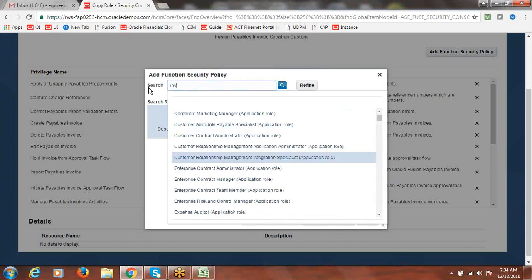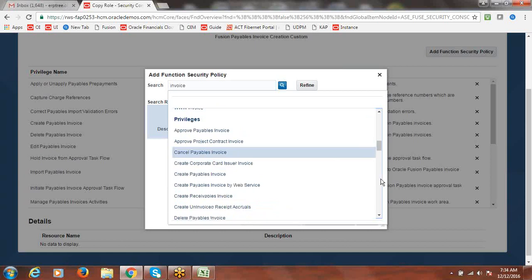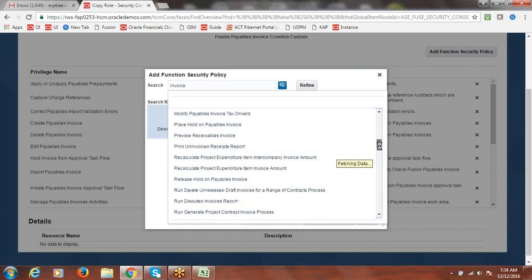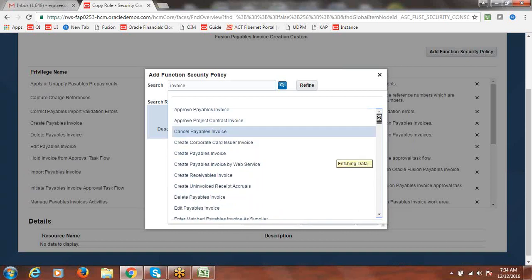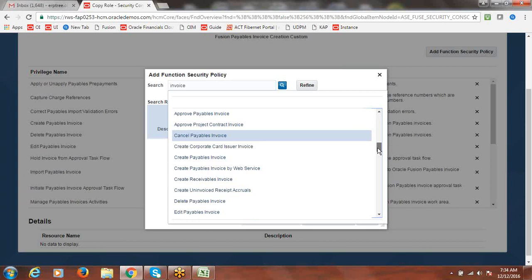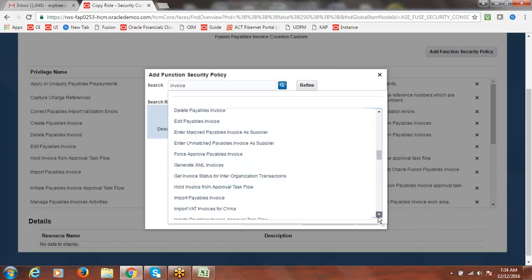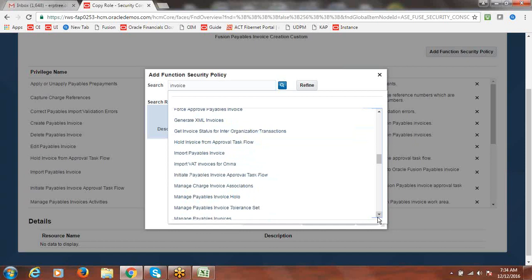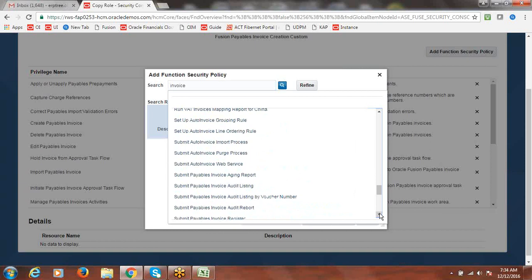Already that is added. So other invoice related privileges you want to add into this role, you can do that. Approve payable invoices, which is not part of the current role we are creating, you can just add here. We have many others.